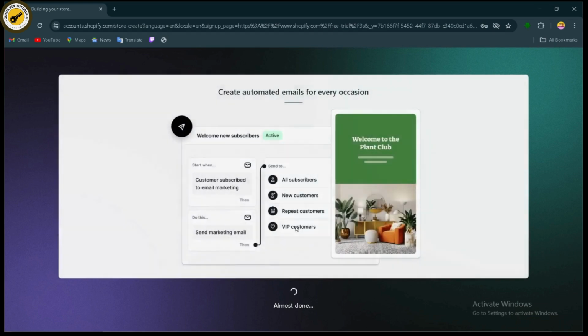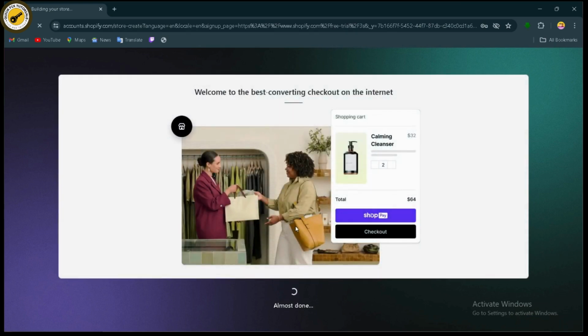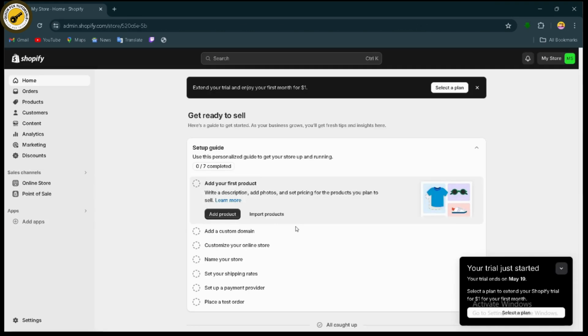Just wait for 1 or 2 minutes and it will automatically log you into your new Shopify account. And that's it. That's how you can create a